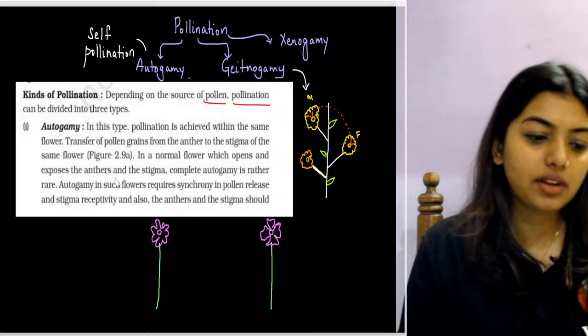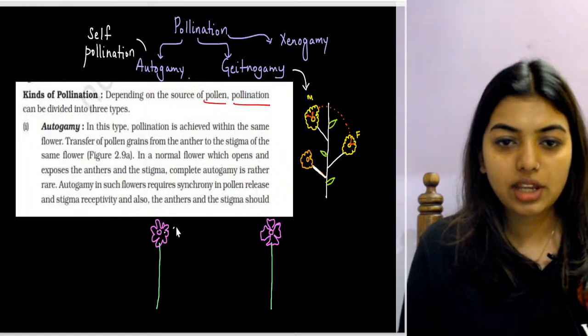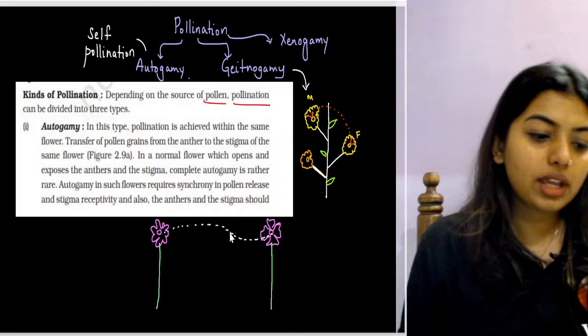Okay, this is one flower. Now what is going to happen? The pollen from this, with the help of Tanuja, Sumi, Soni, other people,